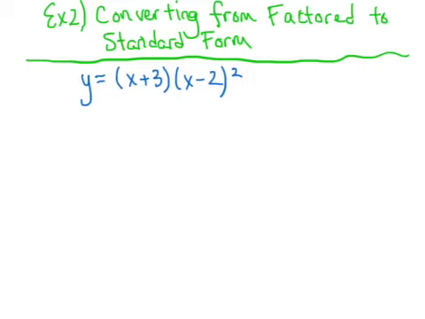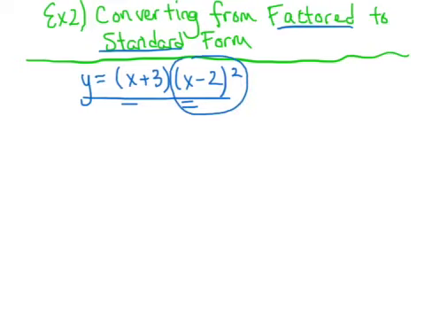All right, so here is our example of converting from factored form, which is this, into standard form, which we're going to do now. You'll notice, hopefully, that this is a cubic function because I have an x here, and technically over here I have an x squared term if I were to expand it out. So this is in fact a cubic, which we'll be able to see once we get it into standard form a little easier. So for me, I'm going to start converting this by expanding this binomial here,